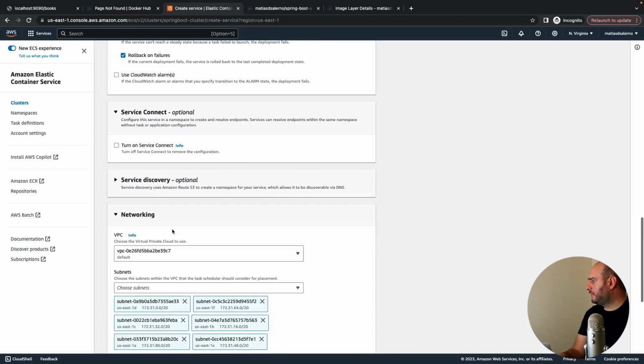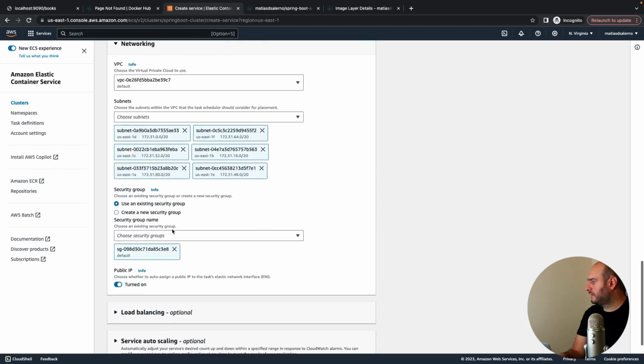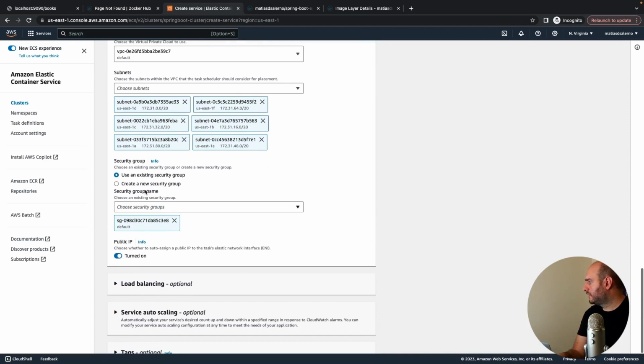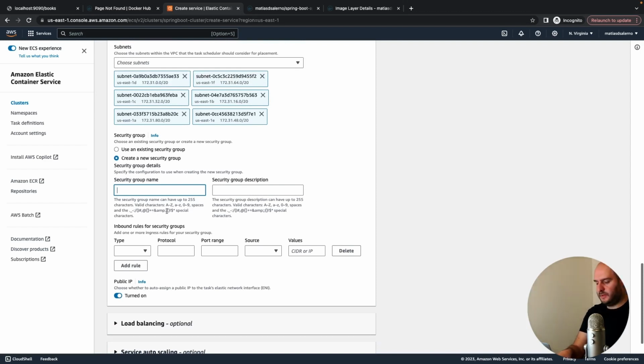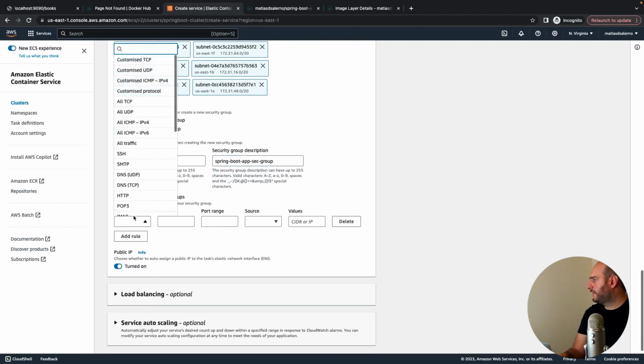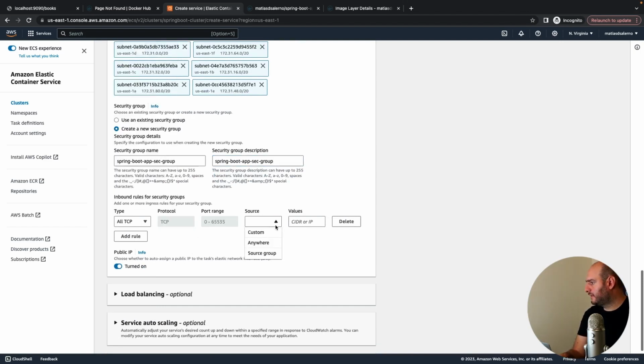And networking, this is important because we will create a new security group. So let's just call it Spring Boot App Sec Group. And let's repeat this here. And in here, we're going to say all TCP anywhere